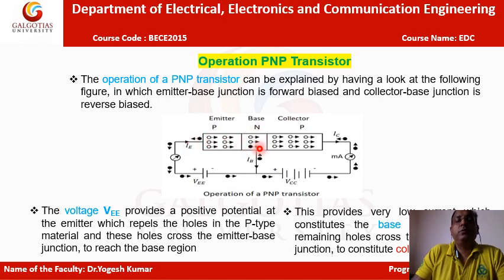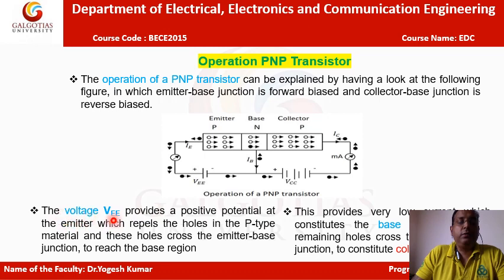Approximately 3 to 5% will combine with charge carriers to make the base current, which moves downward, and the remaining 95 to 97% will reach the collector region and make the collector current, which also moves downward. Both IB and IC combine and move towards the emitter as IE. So you can say IE is the sum of IB and IC.